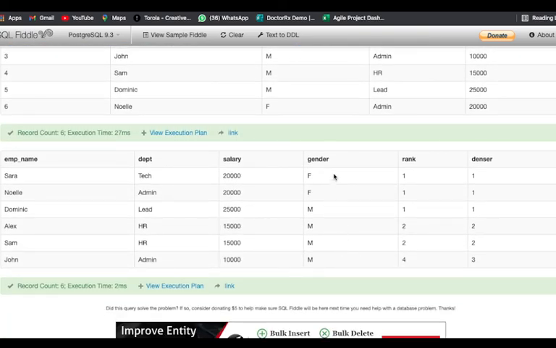Now if you notice, we have partitioned our columns with the gender, and it has been assigned rank according to the salary and the gender. First we have our females, both of them are females, and both of them have the same salary, so both of them have been assigned the rank 1 and dense rank also 1.